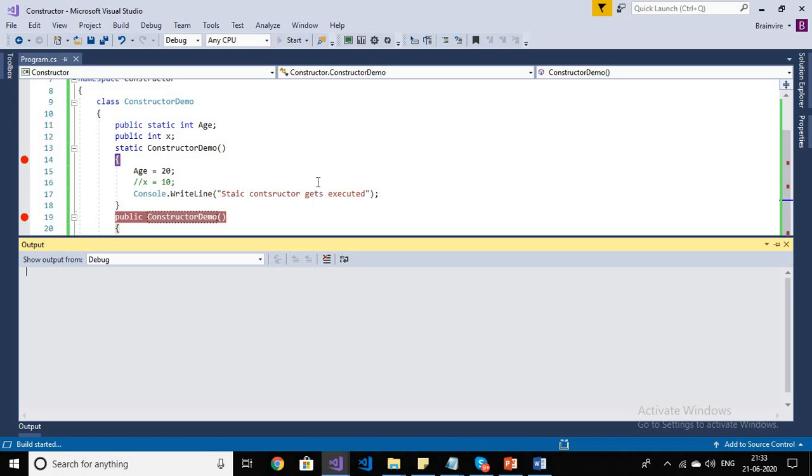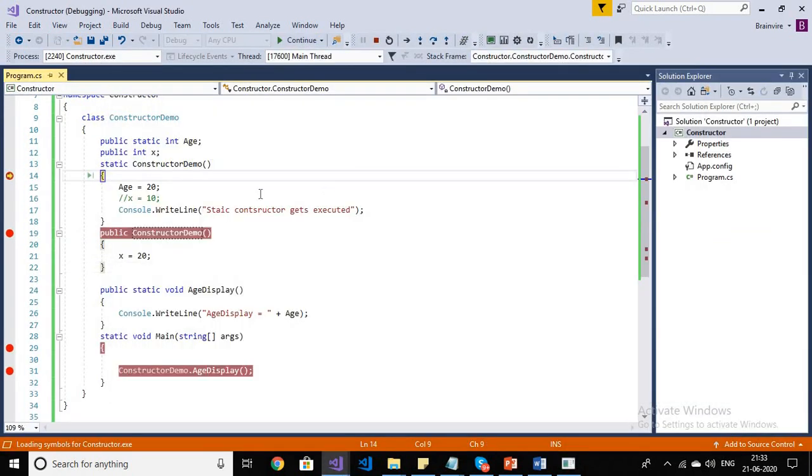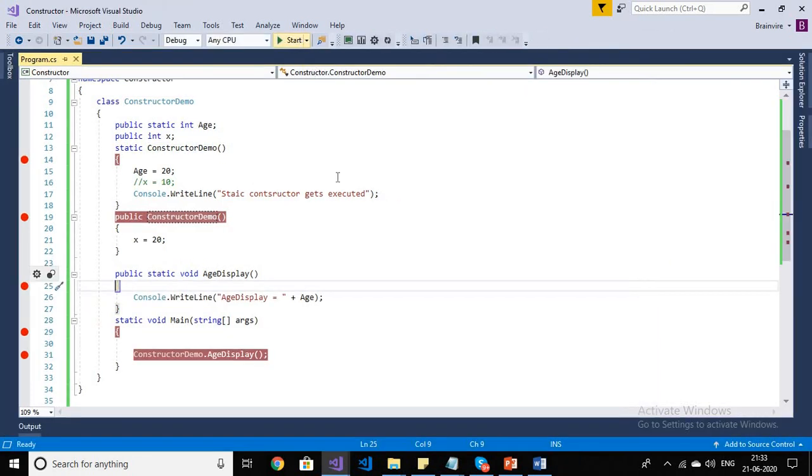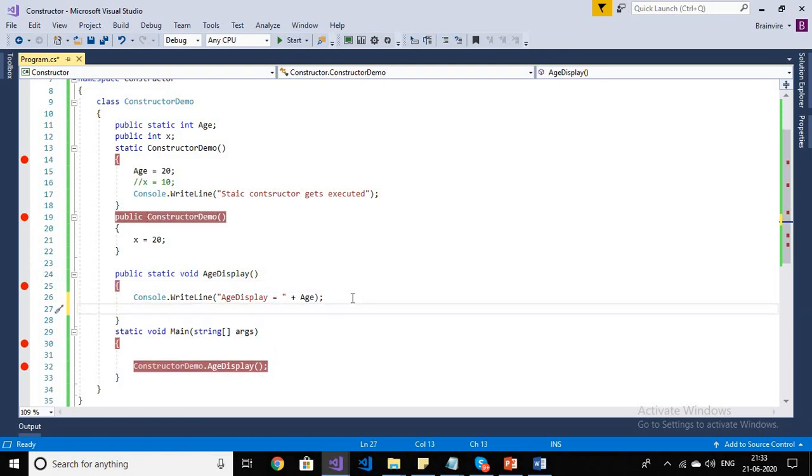Let's check. First my static constructor gets executed before creating the instance. After that it will create an instance, and after that it will display my method.